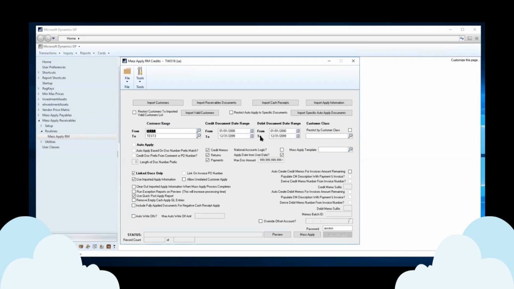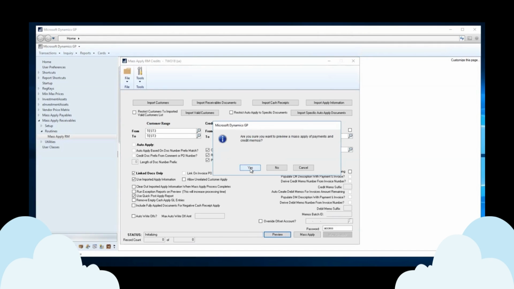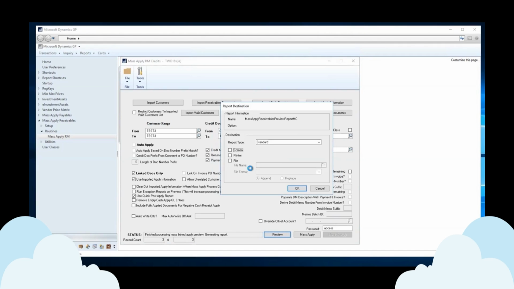We also can restrict which documents. In this case, I've got them wide open because we're demoing the import apply information, and we don't want the document ranges to restrict and prevent any of the imported apply information coming in. So I'll do the preview. What the preview is doing is pulling information from the open receivables into our temp tables, and then walking through applying what we've asked it to apply to verify that there's enough open amounts for those applies